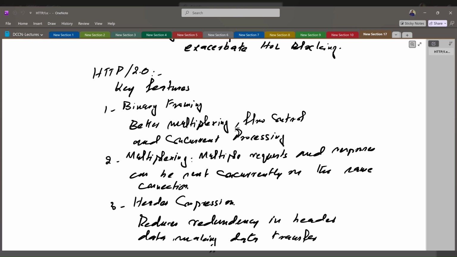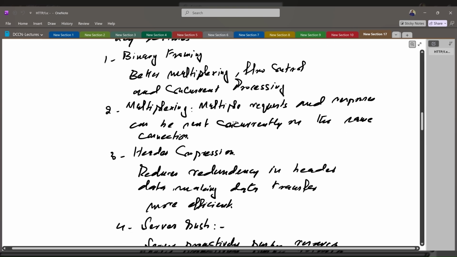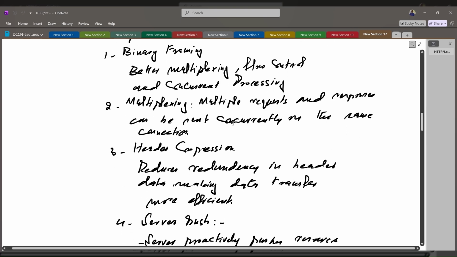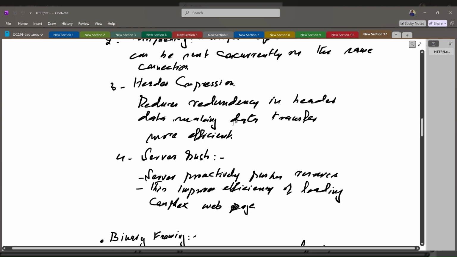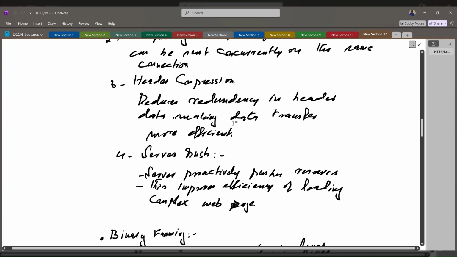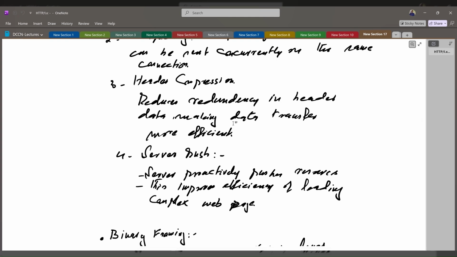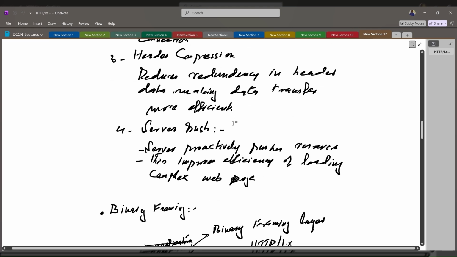Then we have header compression. Header compression reduces redundancy in headers. It also reduces the overall size of the request or response as well. We'll see in a minute. Then we have server push, where the server proactively pushes resources, and this will obviously lead to improved efficiency while loading